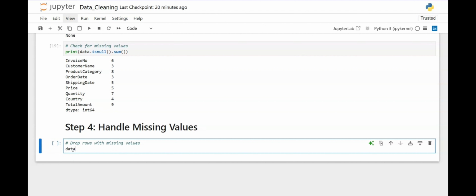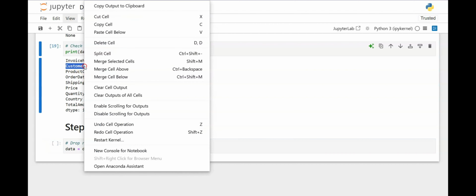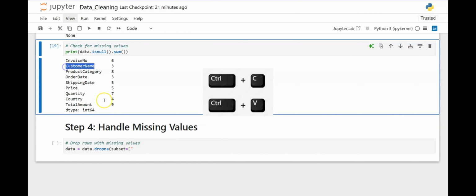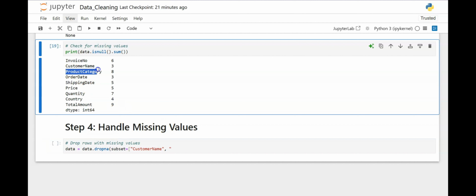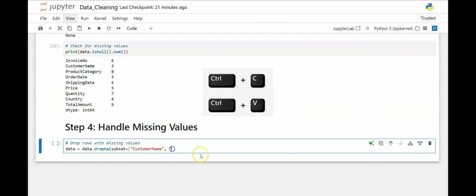So we're going to say data equals data.dropna subset equals, and first we need a bracket, following with the double quotation. We need to put in our variable names. As I mentioned before, we're going to do customer name. I can just highlight that and do a Control-C to copy that variable name, customer name, and paste it there. Do another double quotation, and now I need a comma to separate that. Then I'm going to do another variable, which is product category. I do the same thing, Control-C and paste that in there,